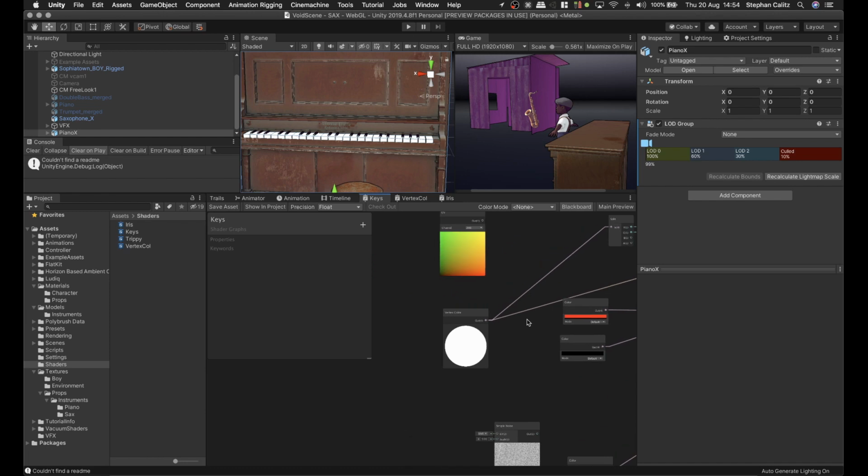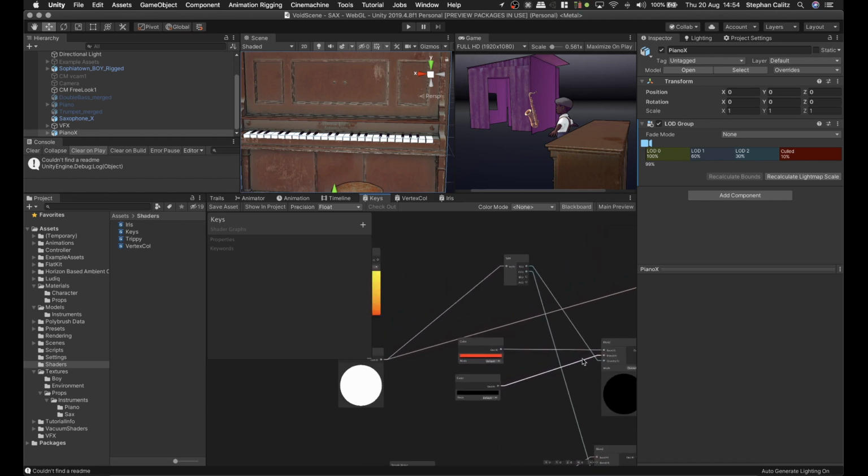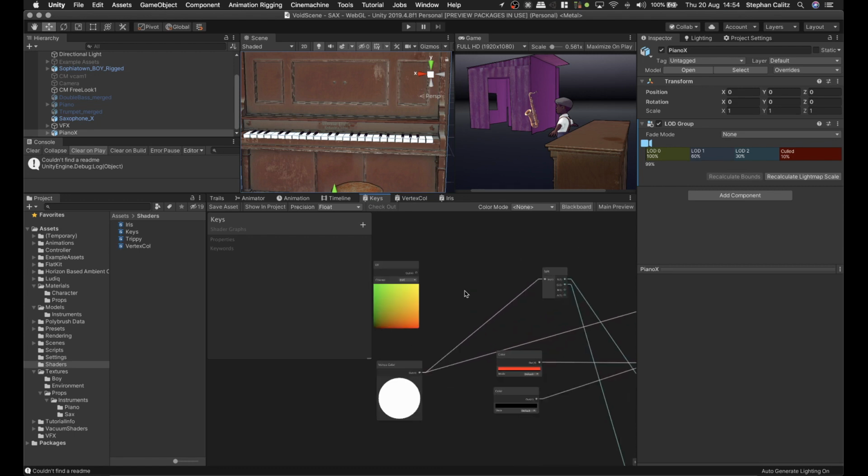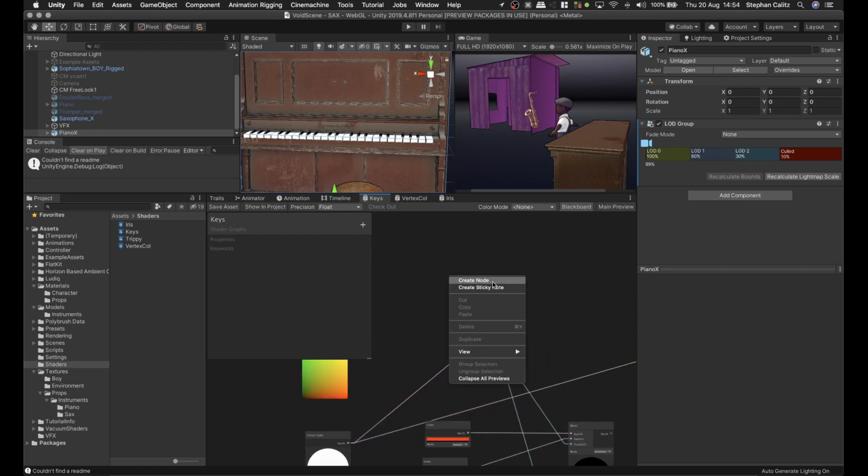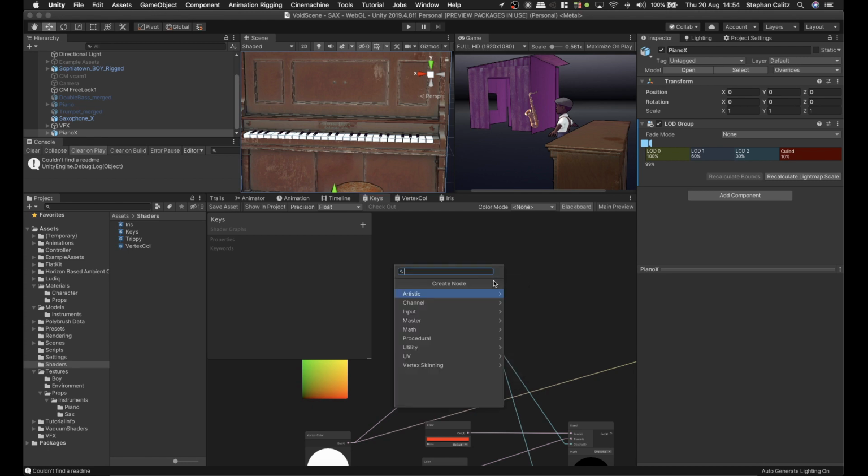It's basically just using the vertex colors at this point to make those keys black and white. But if you start adding things like procedural nodes, let's see what we have here, like normally noises and shapes. So for Voronoi, I think the shapes one, maybe no, that's also standard. I just want to see,